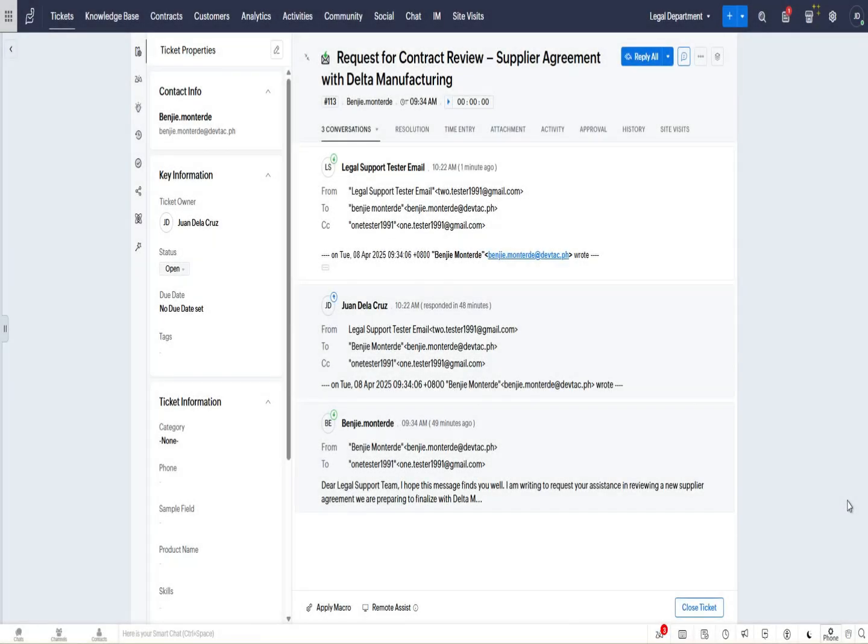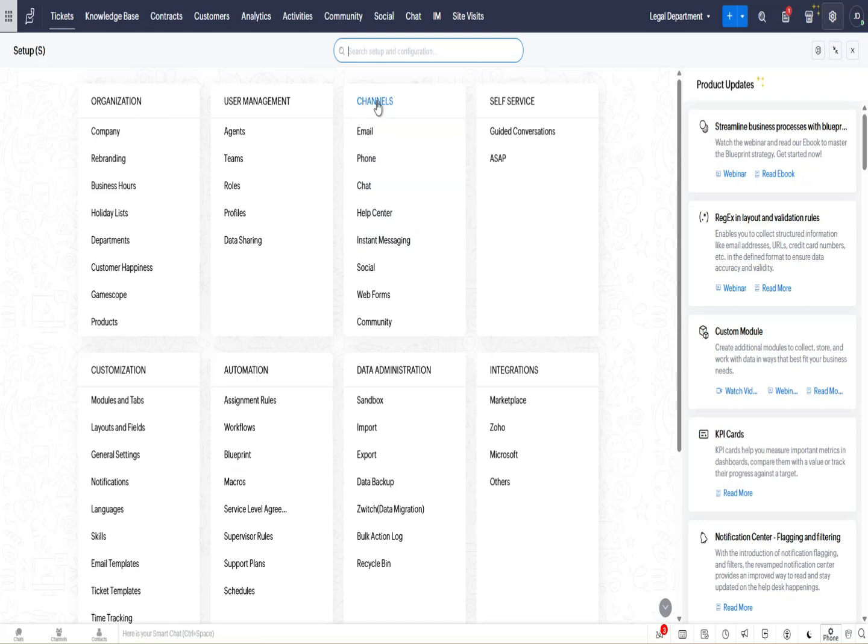Hi, in this video, I'm going to show you guys how we can configure or set up an outgoing email server or SMTP in Zoho Desk. So if you are inside your Zoho Desk, what you need to do is go to settings, setup, then in your channels, you can select the email,